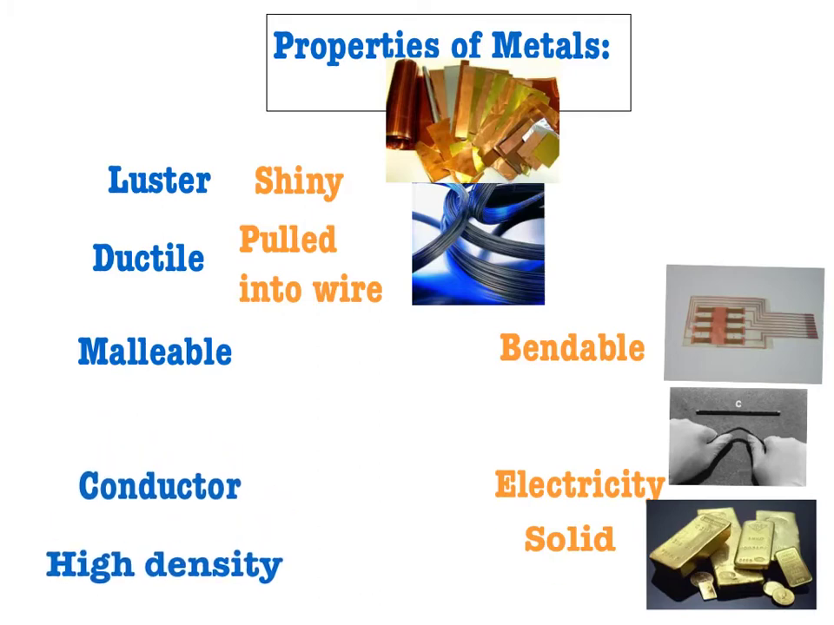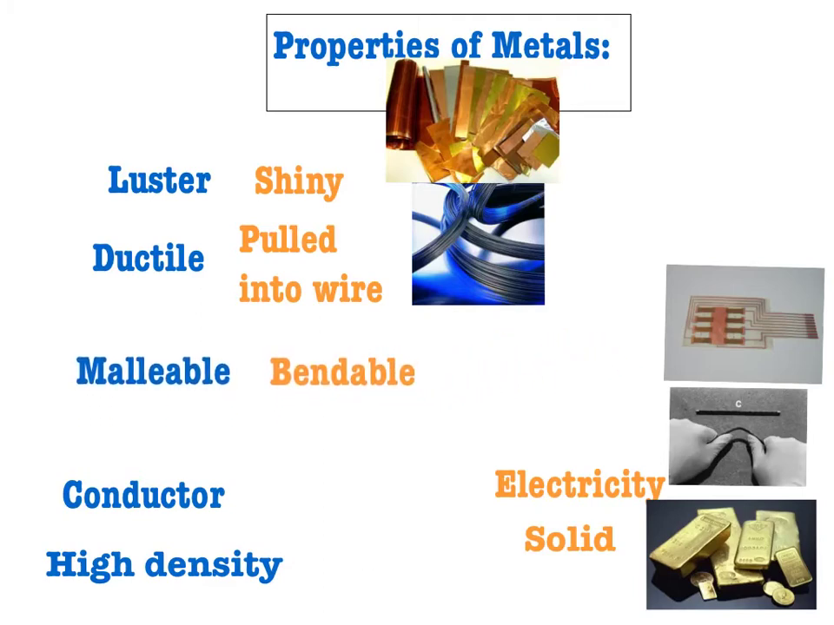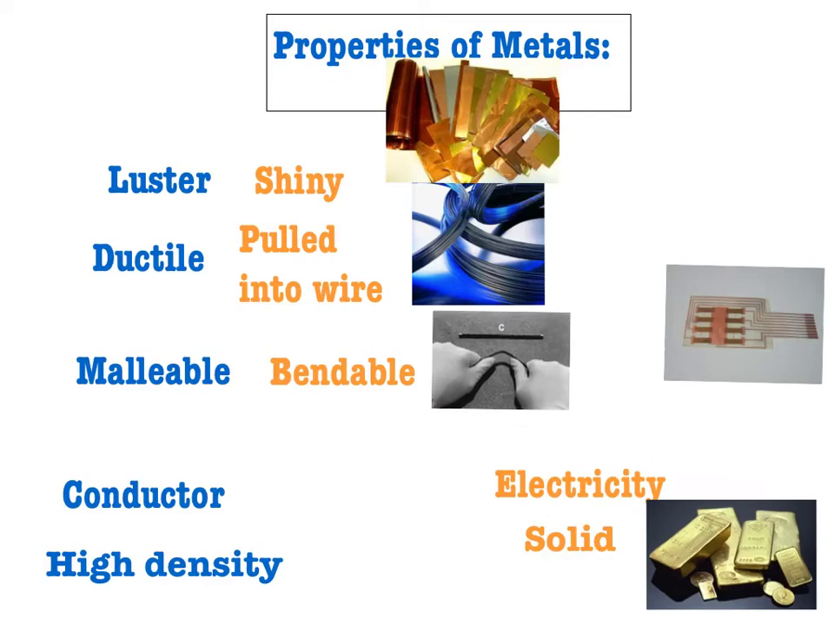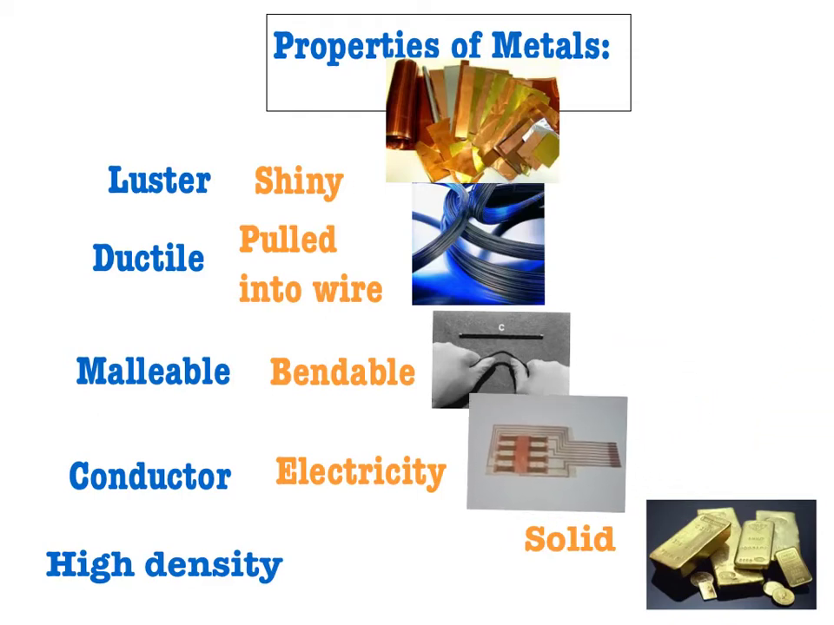Next, we have malleability. If it is malleable, it is bendable. And what bendable means is that you can bend it. The metal is bendable. Next, we have conductor, if it can conduct electricity. Here's an example of a switch plate that's possibly used in a computer or some electrical device. All of the wires you see on the switch plate are made of copper metal